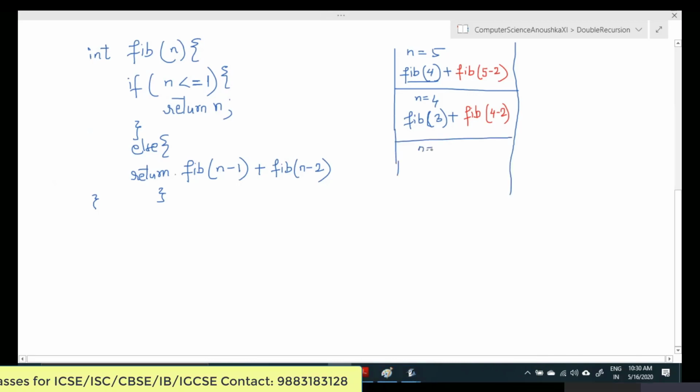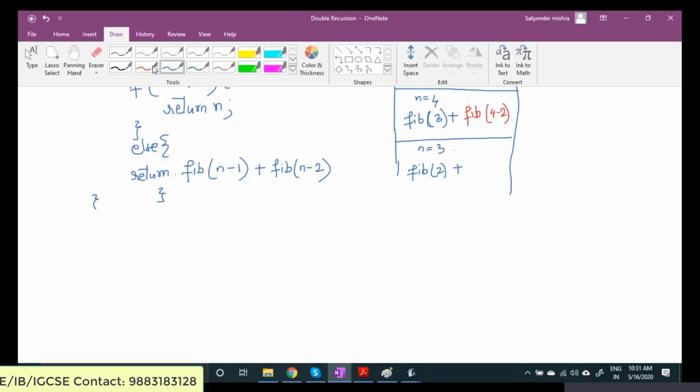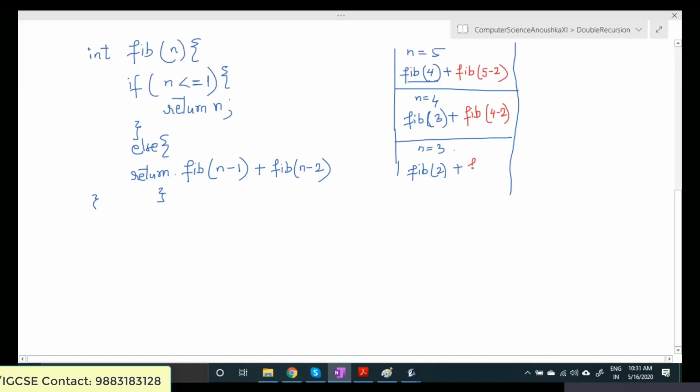So now the value of n is 3. So now Fibonacci of 2 plus Fibonacci of 3 minus 2, right?